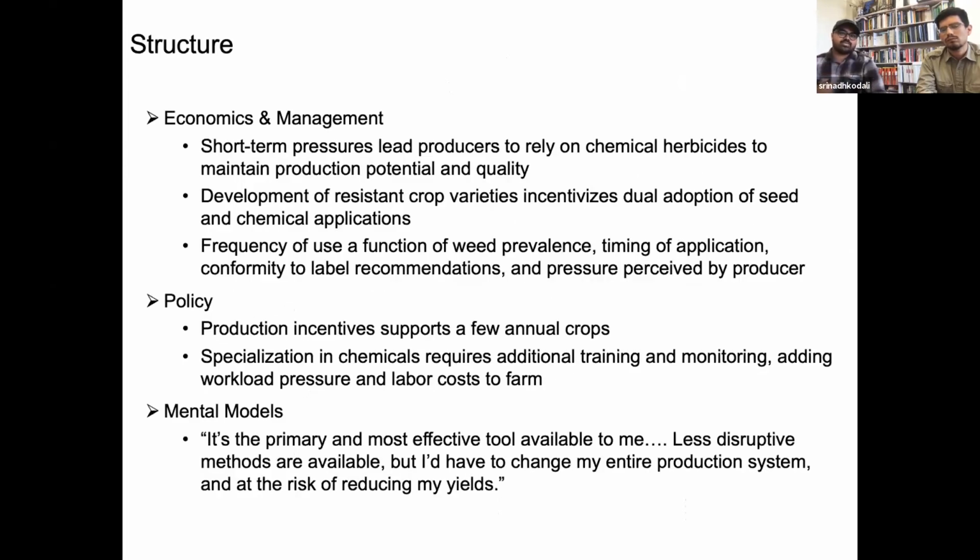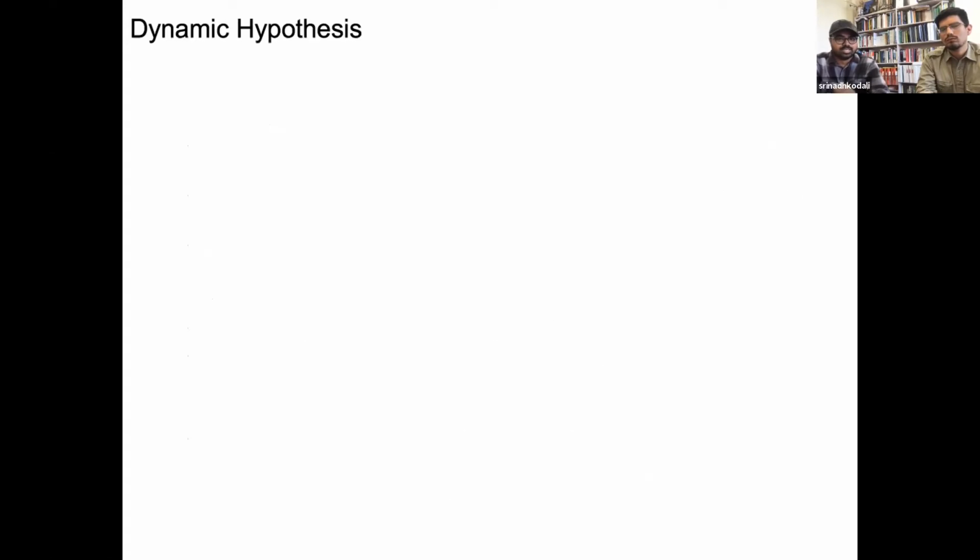So here are some of the economic and management strategies, some of the policy aspects, and the mental model that we have put together based on the discussions that we had when we were coming up with the model. Dynamic hypothesis. So we have put together our dynamic hypothesis, and I'll be explaining this in a step-by-step way, on